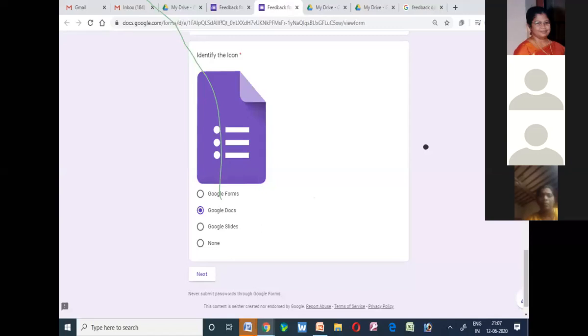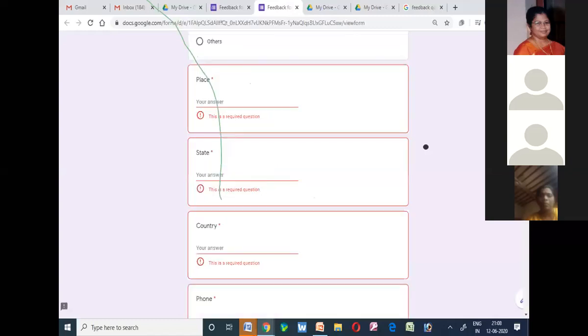Once you complete the first section, then only you'll be prompted with the next, and you have to move on to the next section. And we have given all as a required question. So this is how it is going to prevent people from making errors. Since you have given all the questions as required, it will prompt you if you press the next button without giving answers for all the required questions. So it will prompt an error.